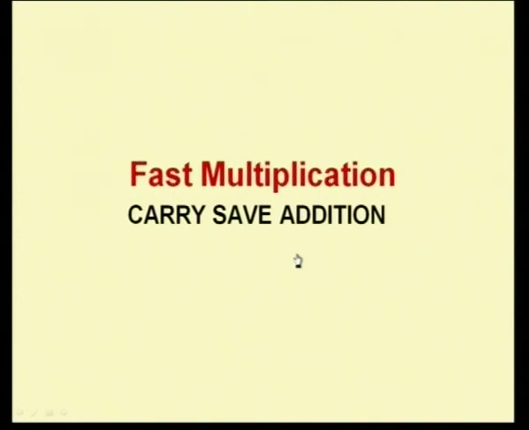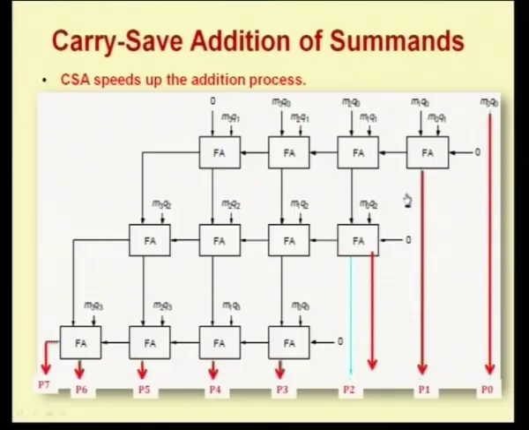So let's look at this fast multiplication technique, which is basically based on what is called a carry save addition technique. So let's look at the idea that is used in this. So look at our normal multiplication process, right? So I have say M0, M1, M2, M3 which are my multiplicand bits, and Q0, Q1, Q2, Q3 which are my multiplier bits. So typically what is it that I have? I have M0, Q0, the AND of the different terms, right? Assume that you are doing an AND of all the multiplier bits with all the multiplicand bits,